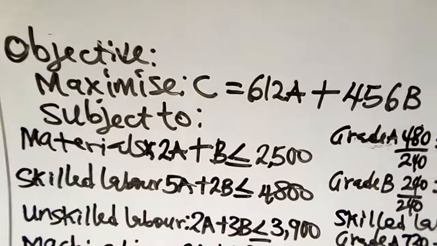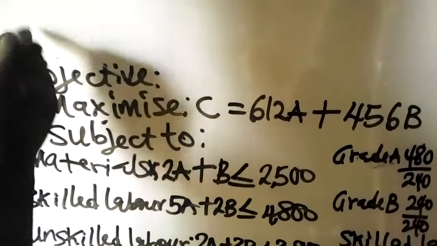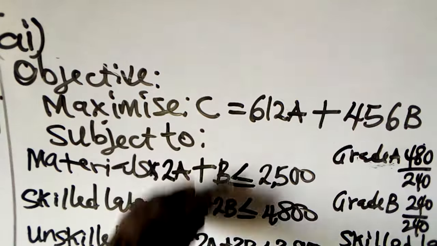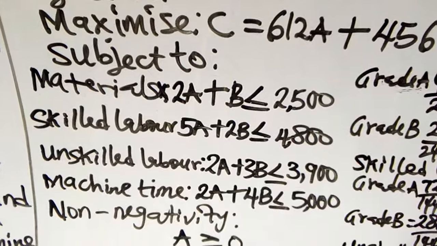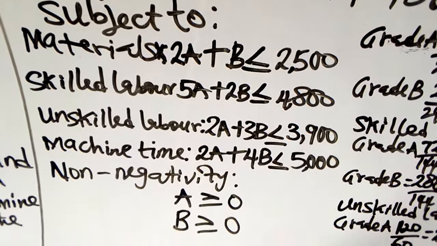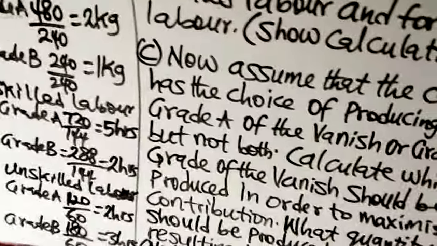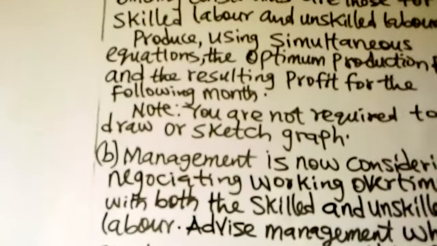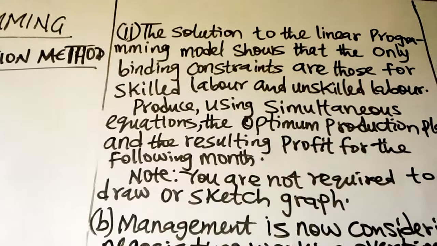So our objective function is this, and our constraints are this. Then A2 now. In A2, you were told that the solution